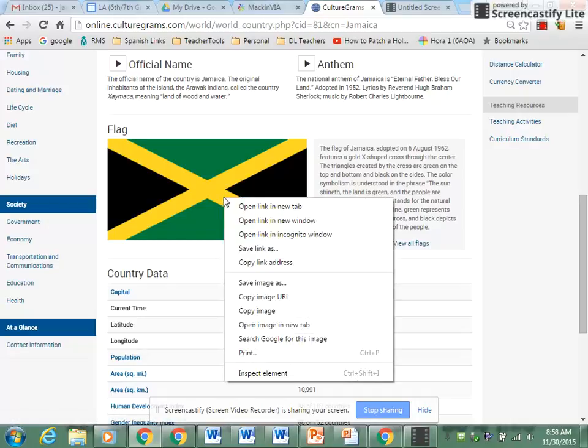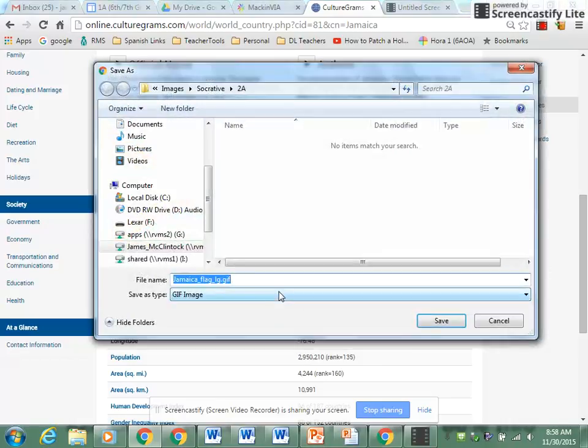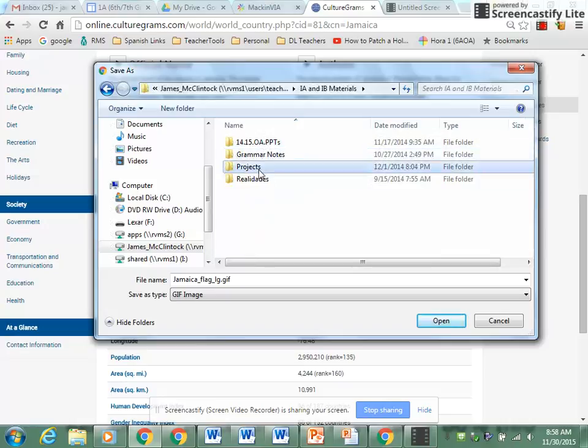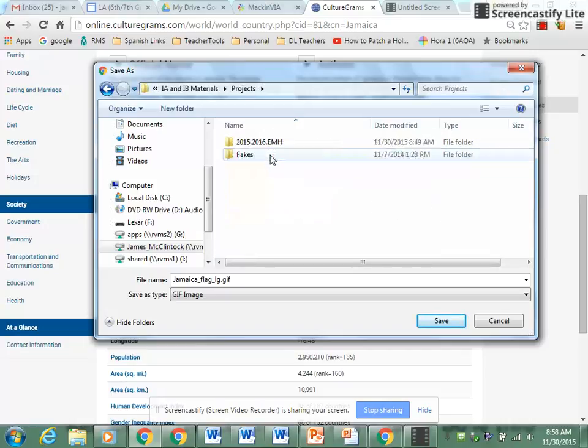So I'm going to right click on this. I'm not going to just copy the image. I'm actually going to go ahead and save the image. So what I'll do is maybe just create a new folder that is my research. Now, I've already got one, but this is a very good idea for you is to create a folder that has all of your research in it. I'm going to go ahead and put this in my projects for this year. And it's going to be